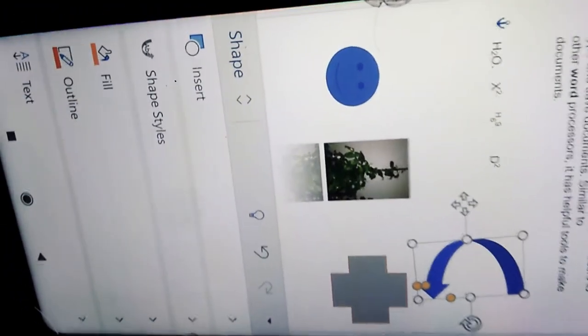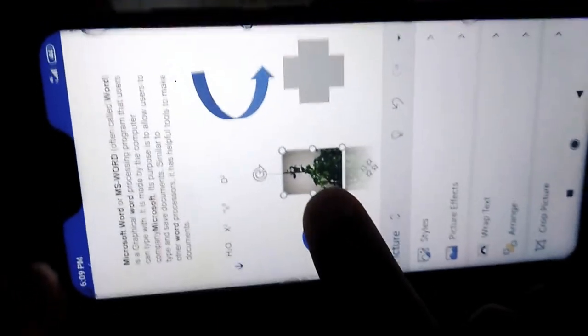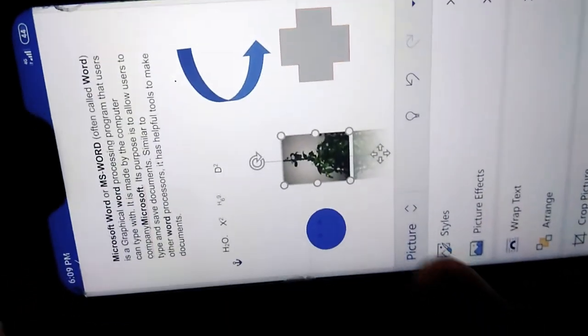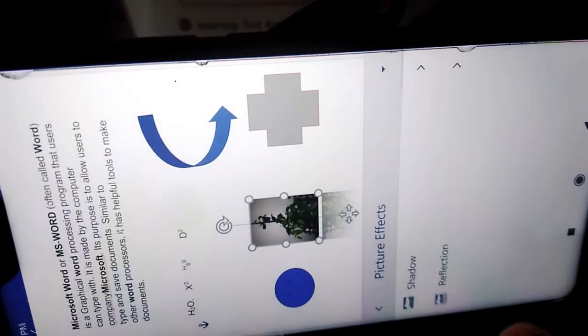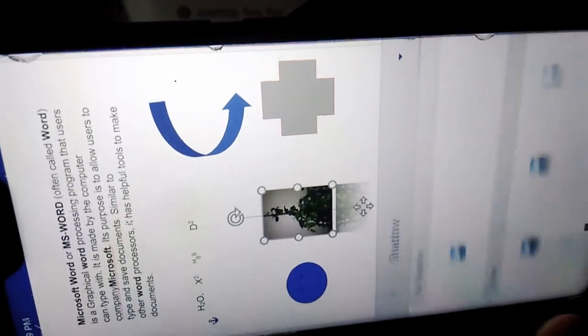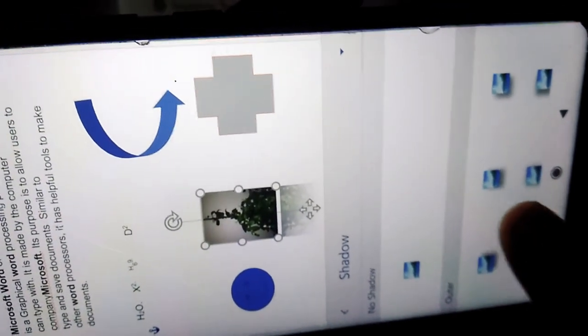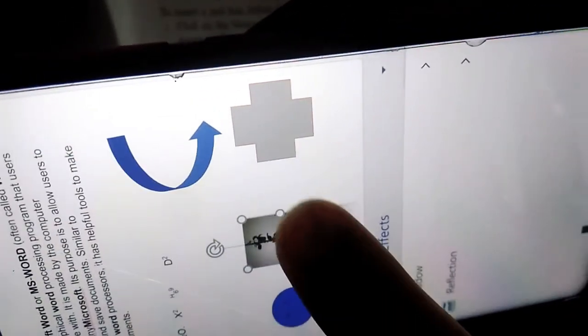Okay children, select the picture and then go to the Picture menu, and here it is Picture Effects. Click on Picture Effects, then you can give a shadow effect. There are different kinds of shadow given under the picture, above the picture, and at the side of the picture. If you select this, the shadow will go like this.